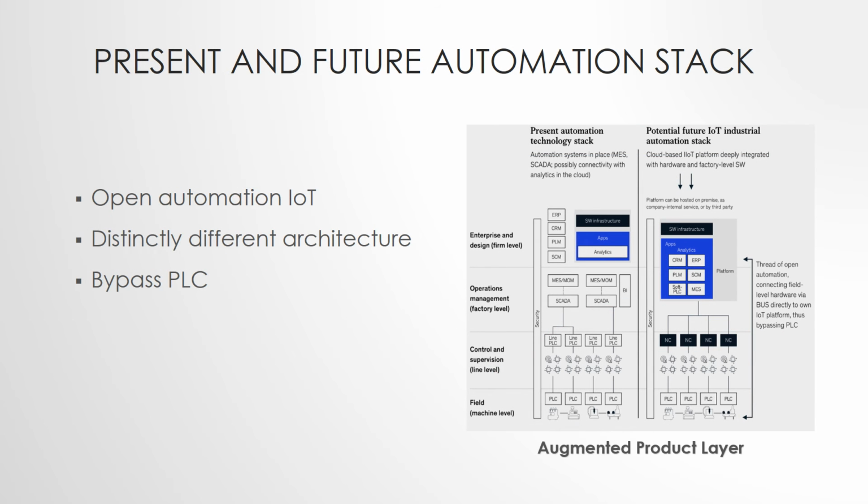Present and future automation stack. Theodore Levitt has described four different layers of product to be considered when it comes to product benefits, which are generic product, which refers to features needed to deliver the core benefit of the product. Expected product, which is the generic product plus the minimum the customer expects from the product in that category. Augmented product, which goes beyond the expected product to include unexpected value-enhancing elements. Potential product is an extension to the augmented product that includes everything that might be done to attract and retain